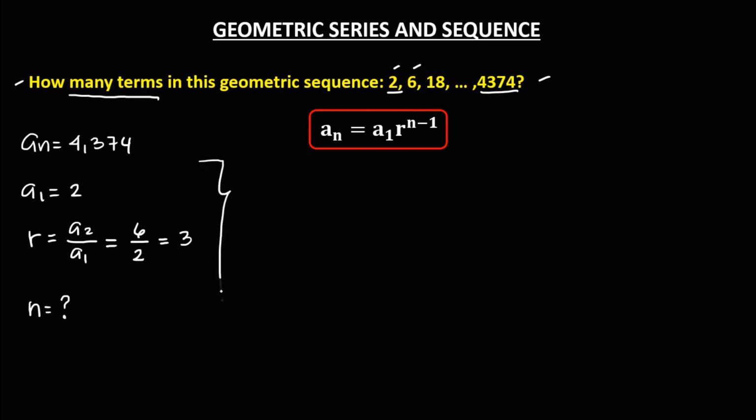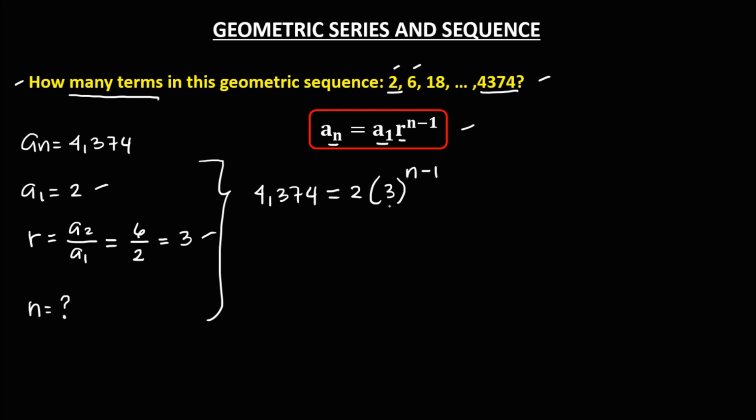So to solve for n, substitute all these values into this formula. So a sub n, that's 4,374, equals a sub 1, positive 2, times r, and r is positive 3, to the power n